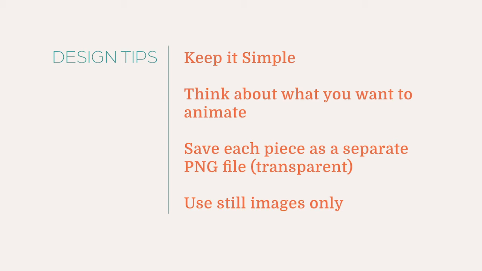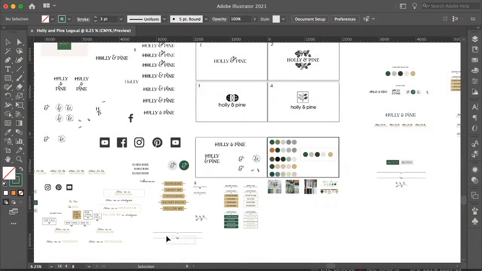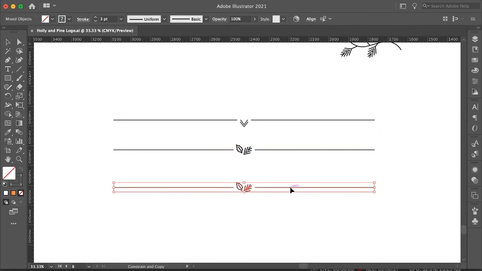I knew that I wanted to do an animated logo as this style of intro, but I wanted to do it using different elements that I already created during that website design part, the divider specifically. So here I am